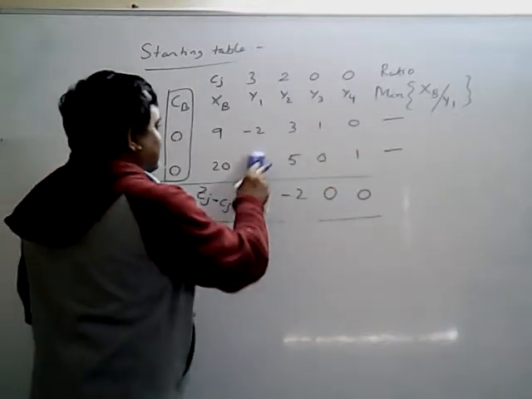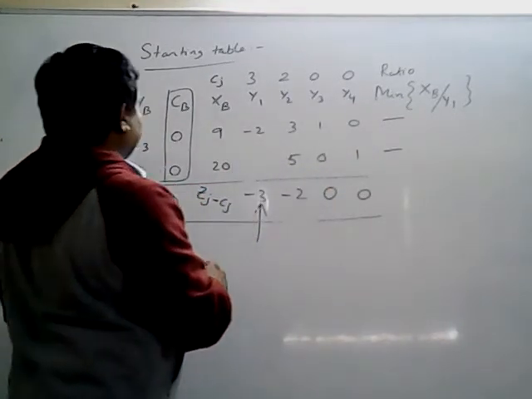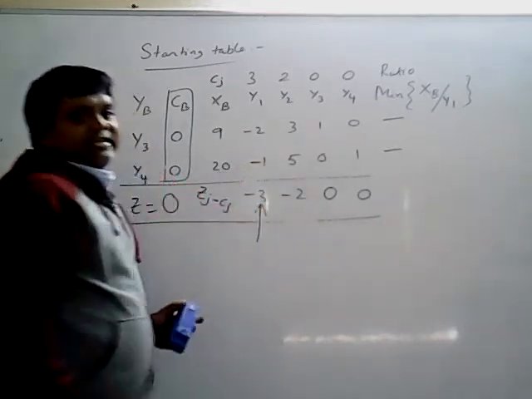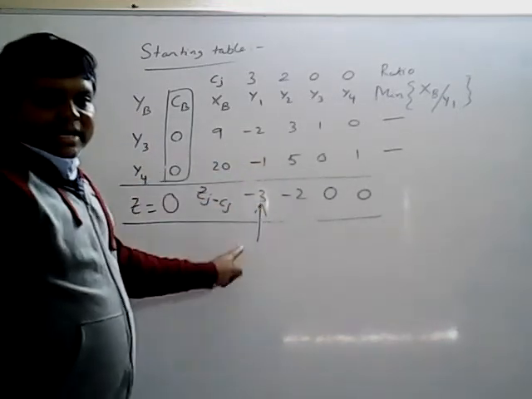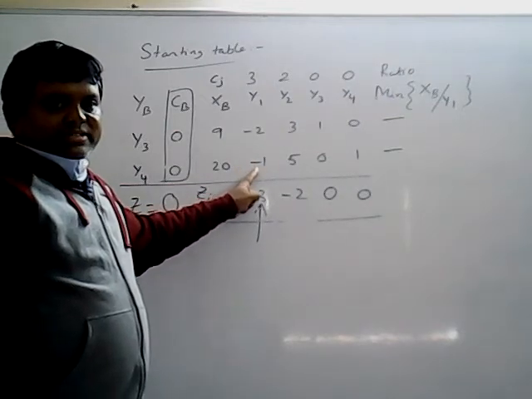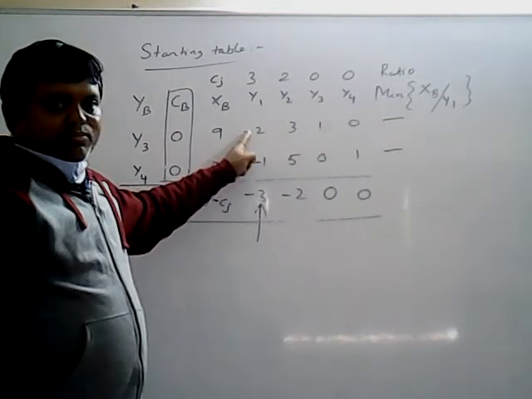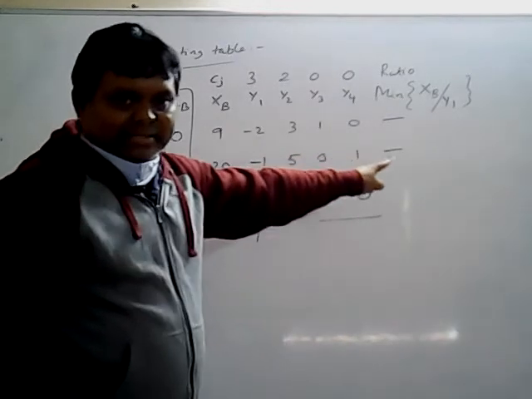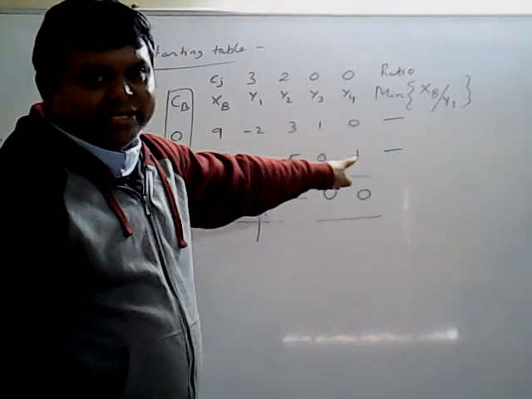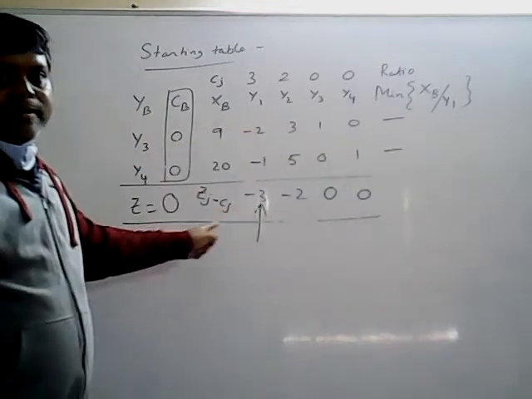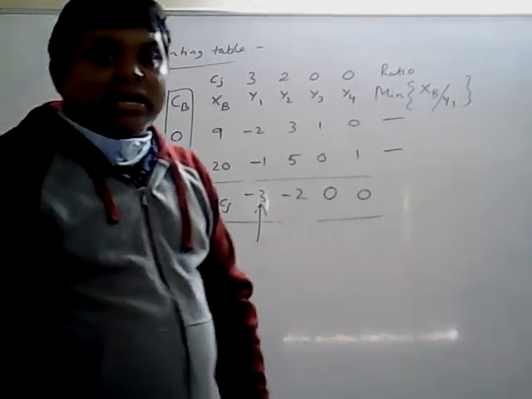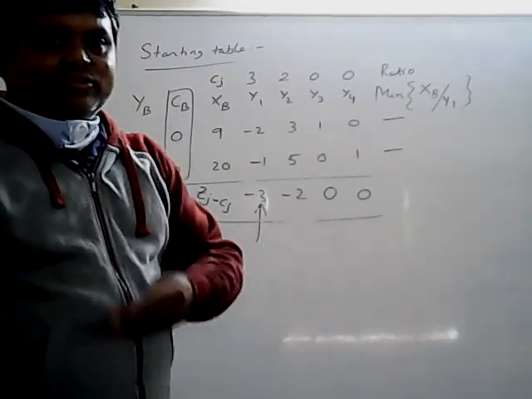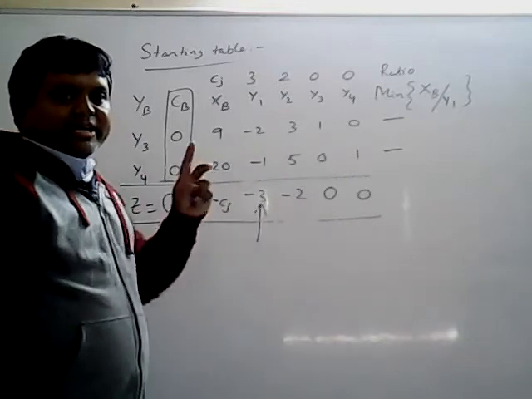So in this case, what is the value you got? This is -190. So in your entering column, if 0 is there or a negative number is there, don't consider the ratios. In the entering column both values are negatives. That means the ratio does not exist. If the ratio does not exist, you cannot identify the deleting variable. So such types of solutions are called unbounded solutions. Either you will get all positives, or you may get unbounded solutions.